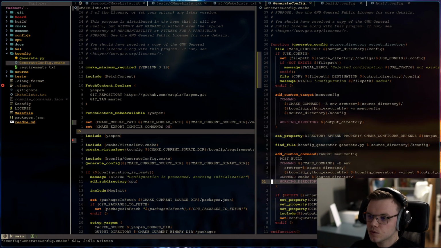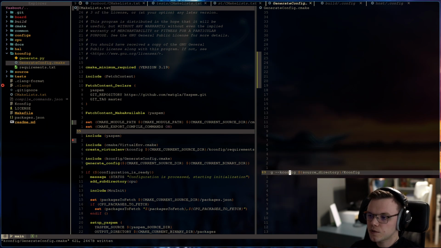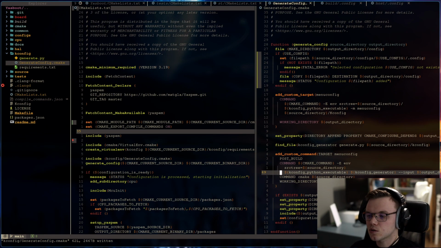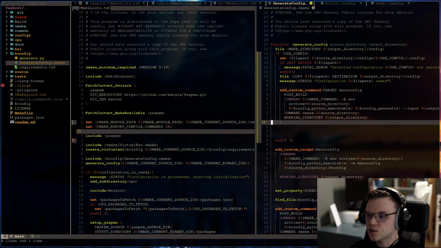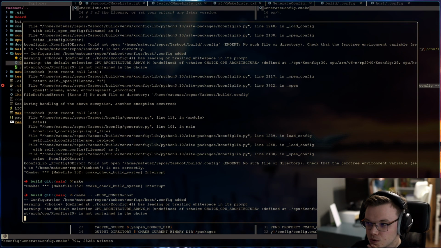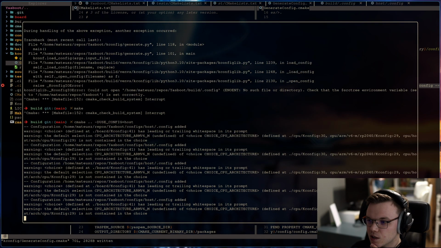So it's time to add a generation step that will parse the .config file to CMake. And we have to replace add custom command with execute process because we want to execute that at the configuration process, not the build one. And why is it repeating itself?